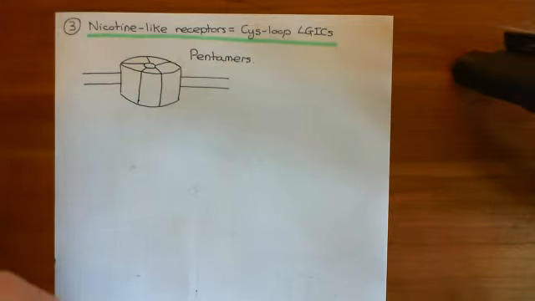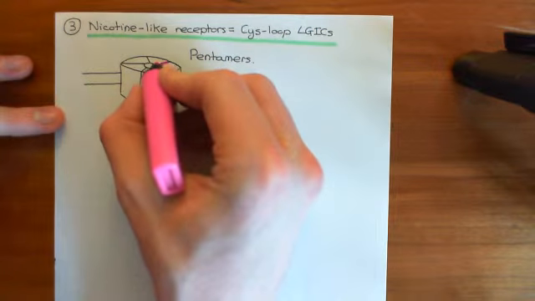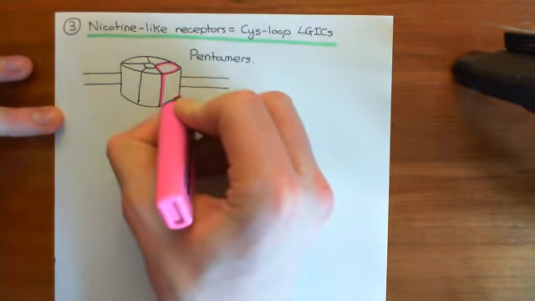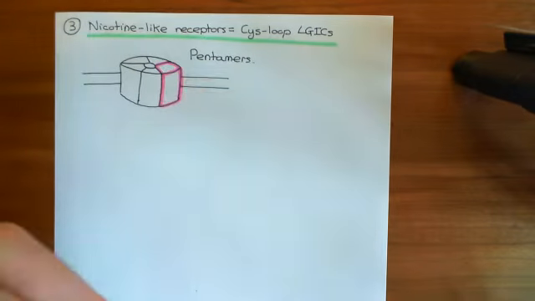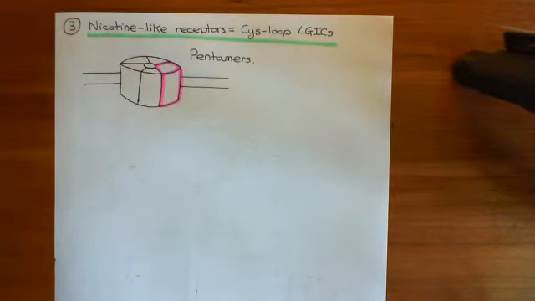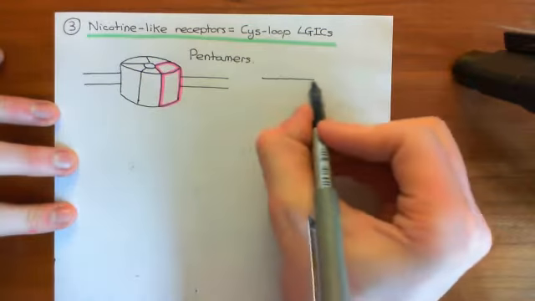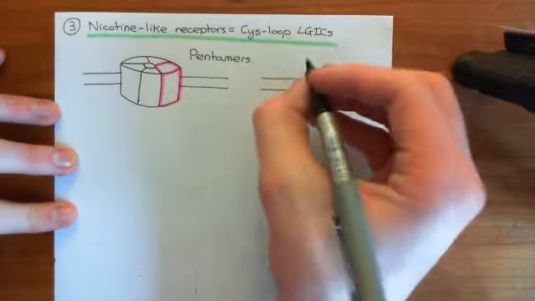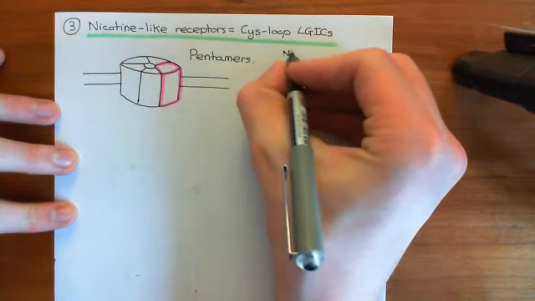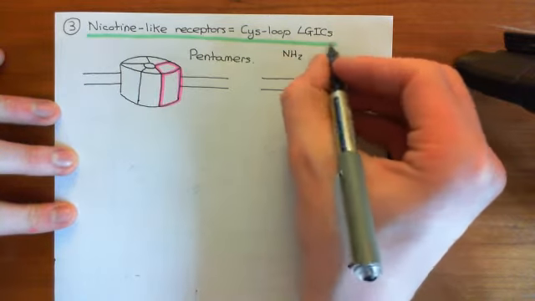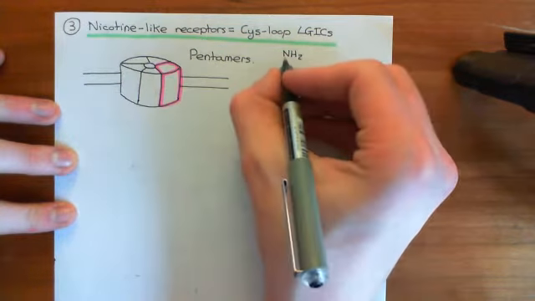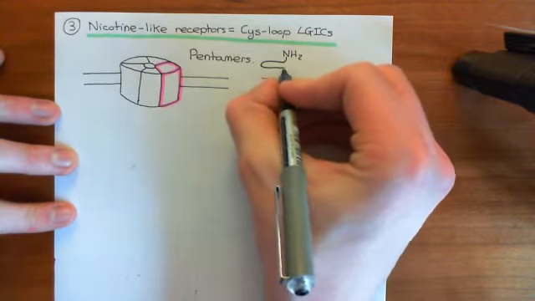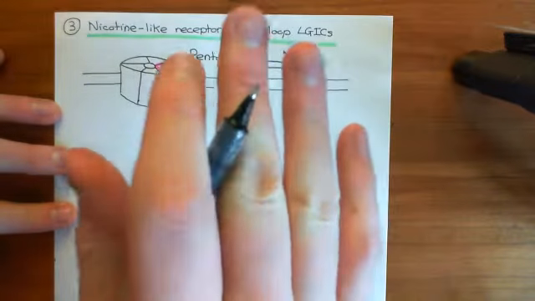Now what we're going to do is the same protocol. We're going to pull out a single one of these polypeptides that makes up a fifth of the whole ligand-gated ion channel, and have a look at its membrane-spanning topology. Once again we'll have our cell membrane here, and now we want to see the basic structure of the polypeptide. So here is the amino terminus, which is going to start its life off in the extracellular fluid. Then we are going to have a characteristic feature on the extracellular side, and this goes for all subunits of all types of